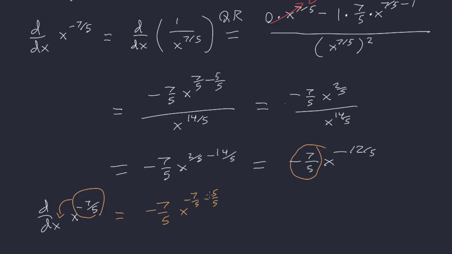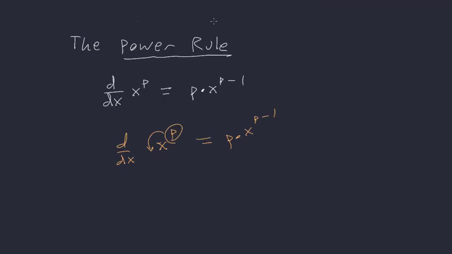Oh, and negative 7 minus 5 is negative 12, so we're going to get negative 7/5 x to the negative 12/5. So all of that was to show that the power rule works perfectly fine with negative exponents via the quotient rule. All right, so our power rule, x to the p being p times x to the p minus 1, this is going to be true for any p,